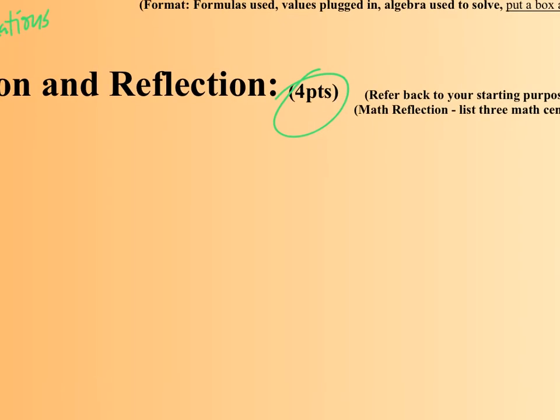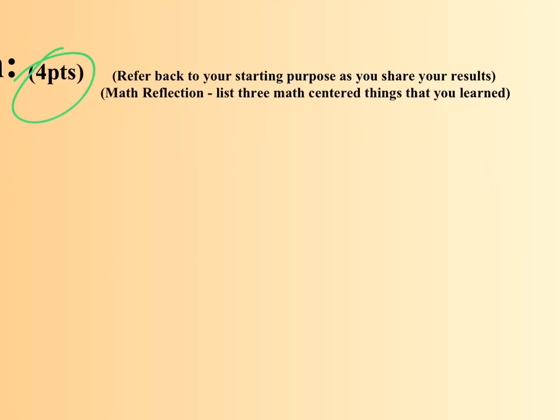And then reflection. Notice this says list 3 math-centered things you learned. Now, I want you to be specific. It can't just be, I used math in the real world. Nope, I will train people to watch for that when they're grading these and not give you points for that. You're going to get points for things like, actually it was interesting to learn how to use Desmos to set domains. That's something maybe you've forgotten how to do, and now you've seen how to do it, and you learned something, and it's specific, and it's about math. Okay? Another one would be,